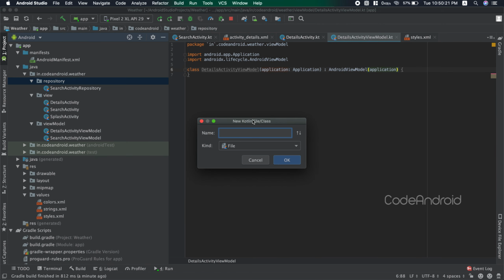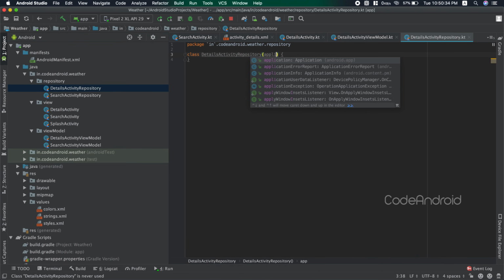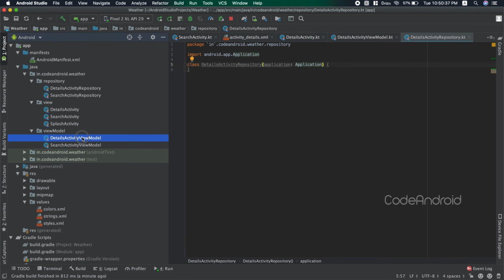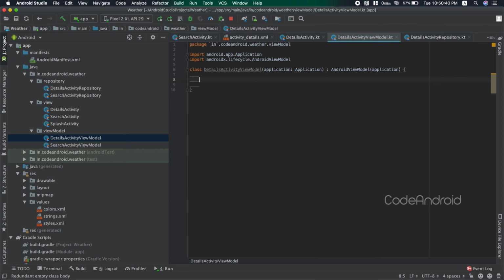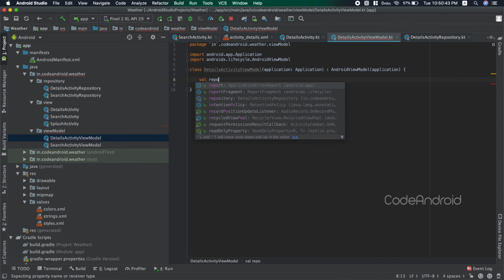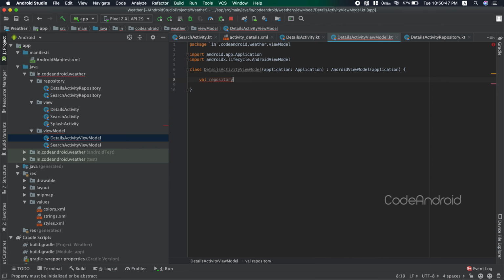Also creating detailed activity repository. Here also I am adding application context as a parameter. Finally, in detail activity view model, creating the repository object.